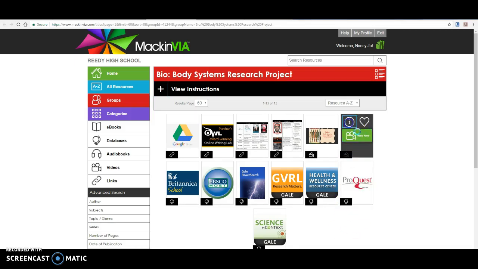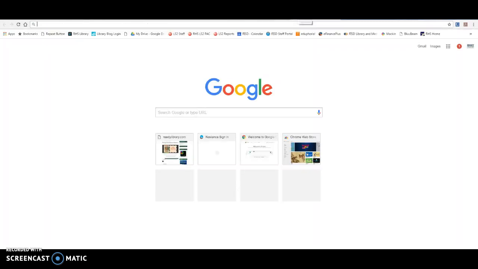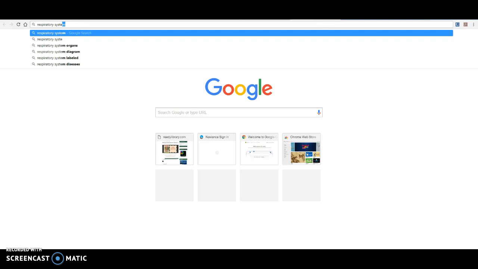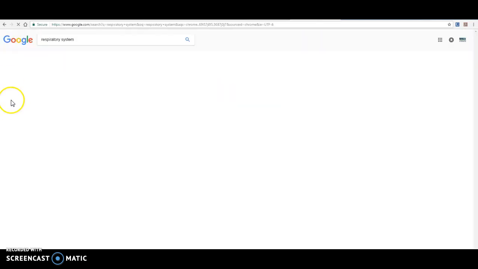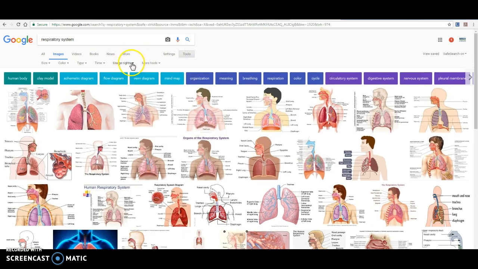So in this video, you can watch this video and it just shows you how to do an advanced image Google search. So for instance, if I come here and I type in my system and I go to images, know that some of these images are going to be copyrighted, and so I need to go right here to tools, and I'm going to click on usage rights, and then I'm going to either click labeled for reuse,